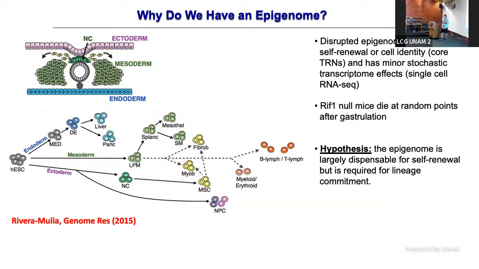Or we can knock it down at different time points and find out where the critical period is. And we believe from results I didn't have time to tell you that there are other things in RIF1. So that there will be some cell types that will be resistant to the loss that will be independent of RIF1. So we hope to dissect these somehow in the future. But I'm going to need a pair of hands for this one, by the way.